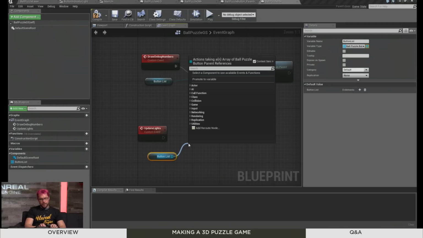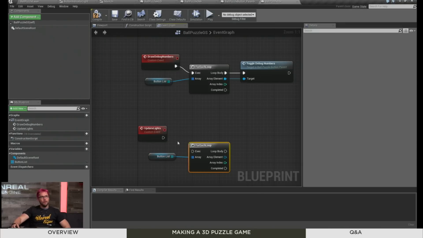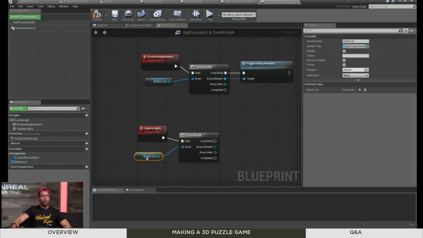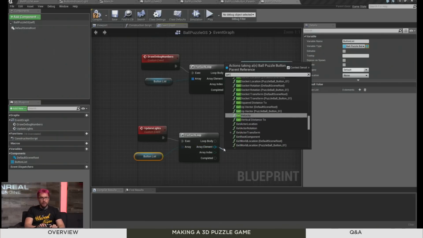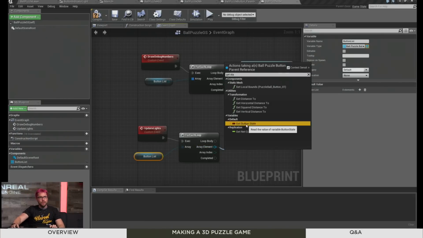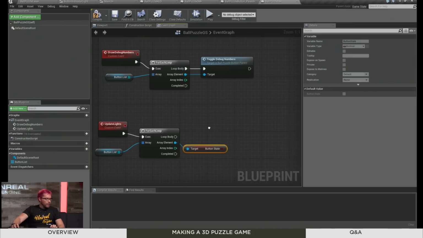For each button that it finds, we're going to figure out what the state of that button is. So it'll be like, go one by one and say, hey, what is your current state? Easy to do. Just say get state. So there's your get button state right there. Now that we have that,